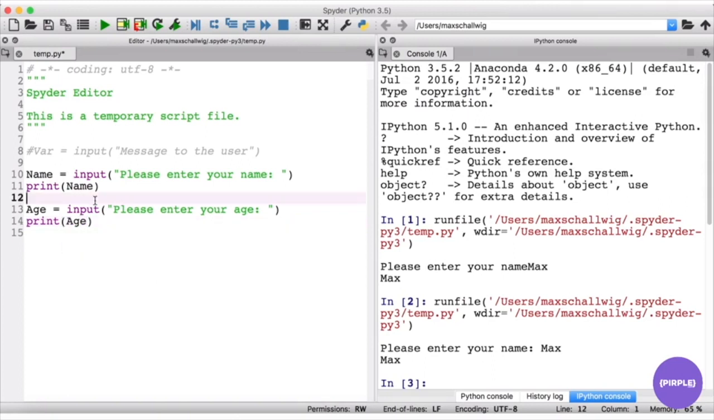Now, before we run this, there's one important thing to note: when I ask for input, everything is going to be inputted as a string, or as a word. So no matter what I put in, it's going to be a string. If I put in my age, for example, 21, what I would get is the word 21, consisting of the numbers 2 and 1,